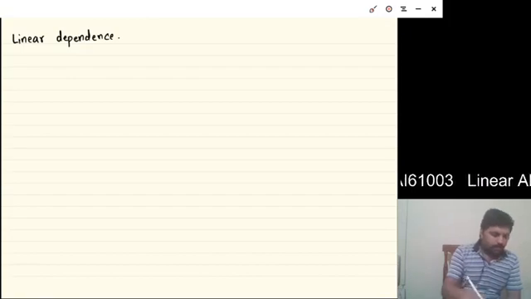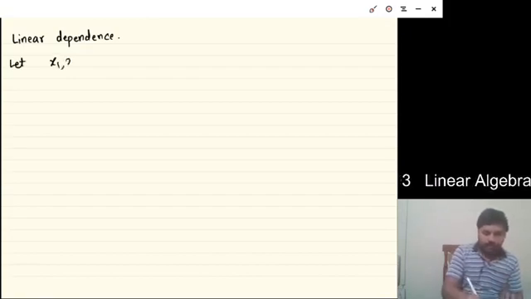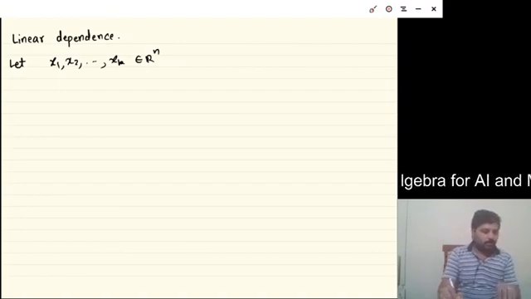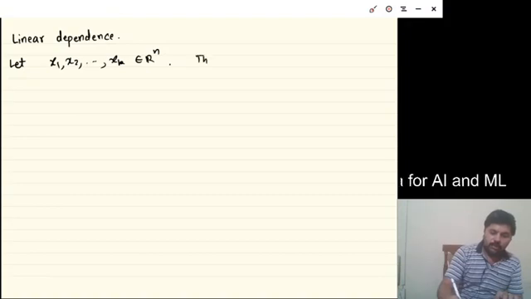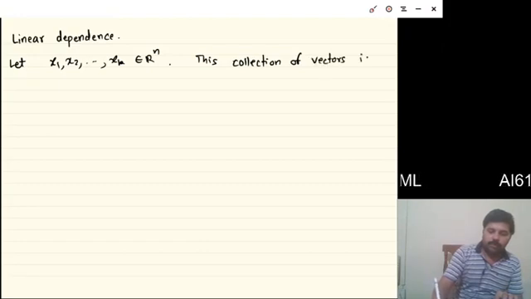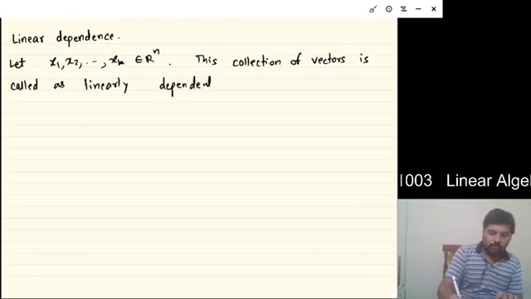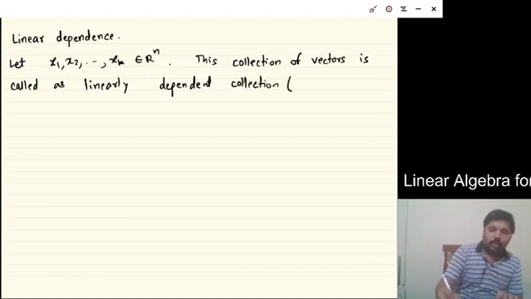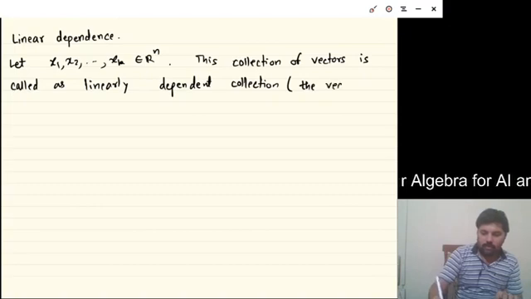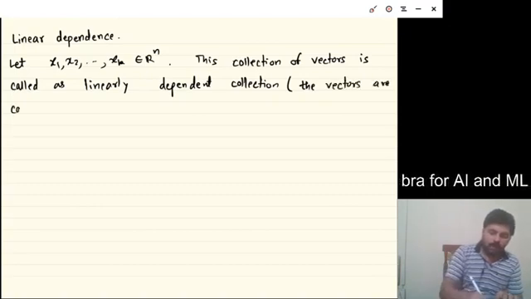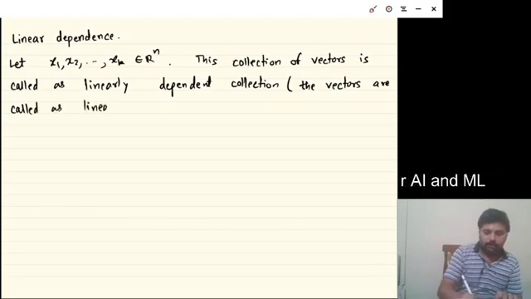Linear dependence. Let x1, x2 up to xk be a collection of k vectors in n-dimensional Euclidean space Rn. This collection of vectors is called linearly dependent, or more loosely, the vectors are called linearly dependent, if